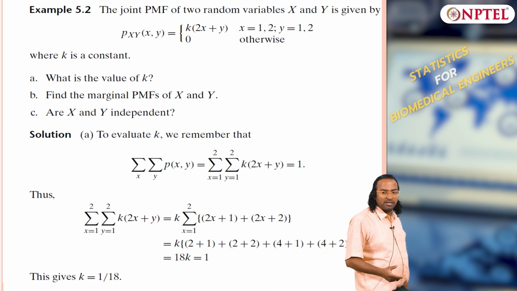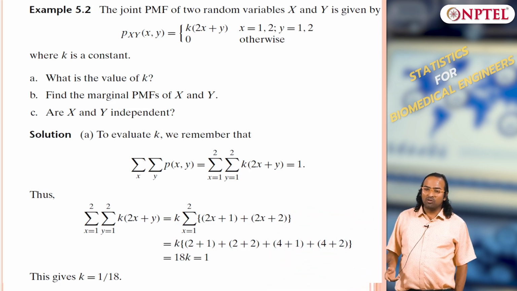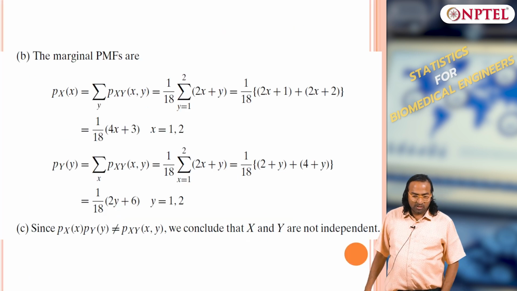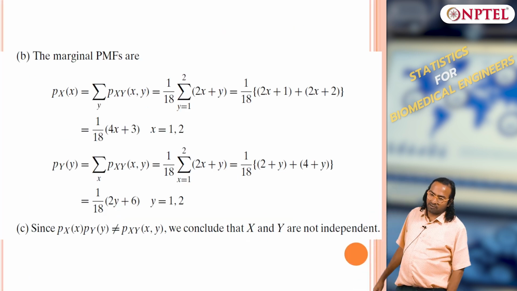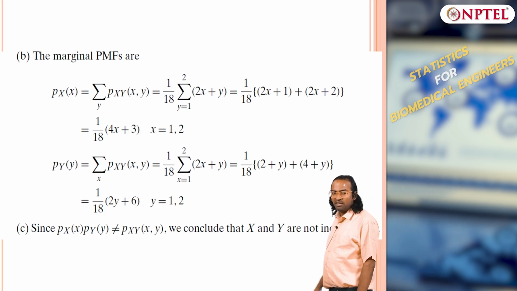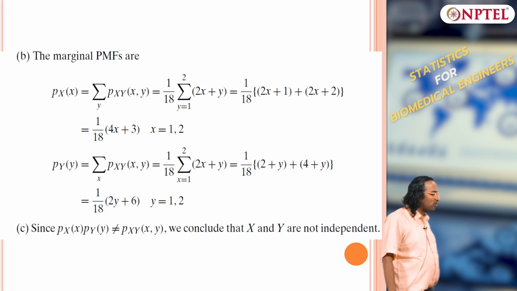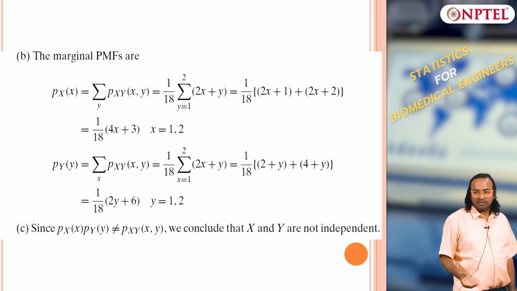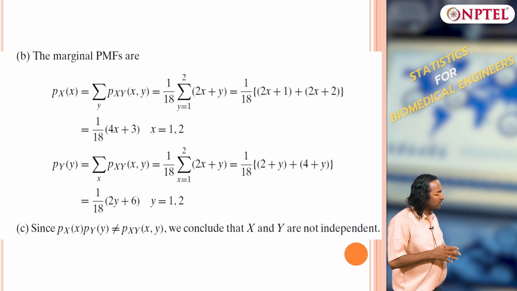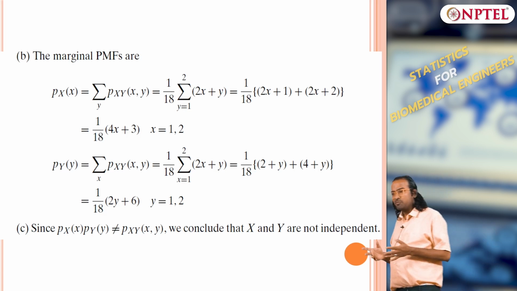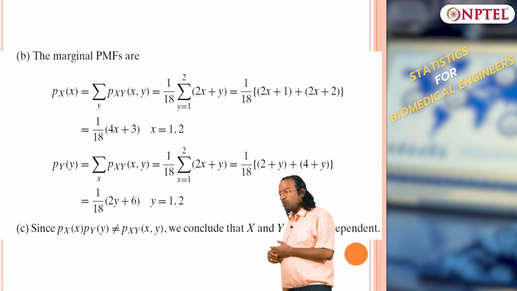Probability of A intersection B equals A times B. So you have the whole distribution, you have the marginals. If the multiplication of marginals equals the whole, then X and Y are independent, otherwise X and Y are not independent. These are the important things: the marginals, how the distribution looks, and how you compute independence.